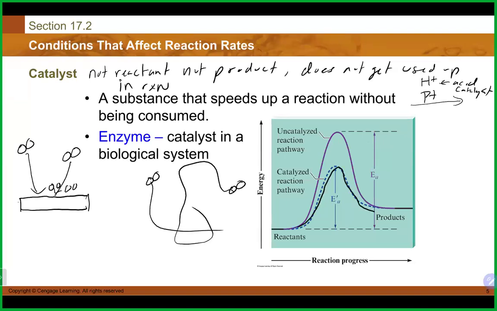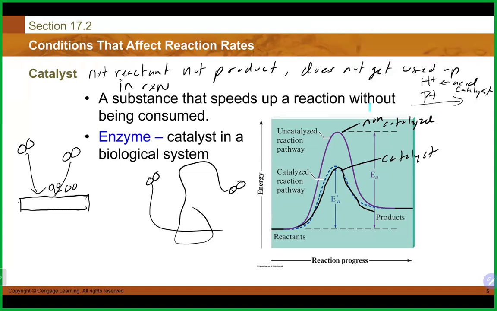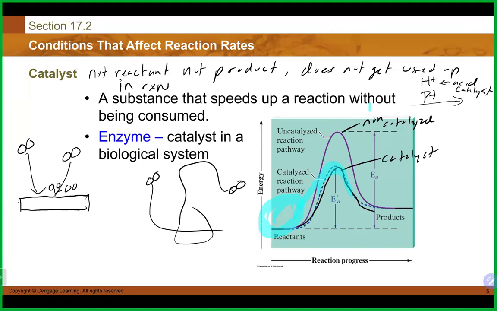So here is the reaction with a catalyst. This is our non-catalyzed reaction. And you can see that with the catalyst, it lowers the activation energy. So what is that really going to do? It's going to allow all of these reactant molecules now to go, cool, I just need to go this high. I don't have to climb as high to get to the other side. And you're going to have a lot more reactant molecules able to get there, as opposed to the uncatalyzed reaction, where they have to climb this hill to get to the other side,